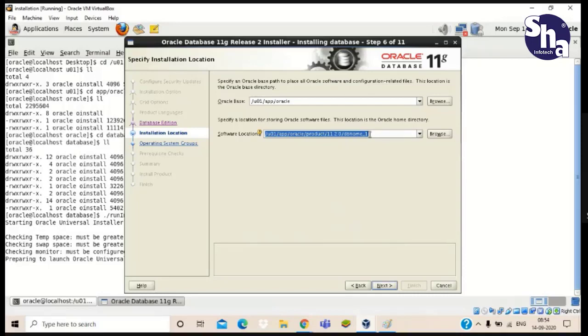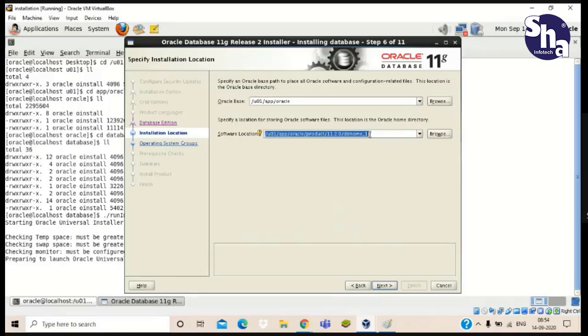Remember, we kept the Oracle software by copying from the shared folder Oracle 11g to u01 app oracle, and after that we unzipped it. So that is our original Oracle software in zip file. We just kept it in this u01 app oracle, and the file's version is also present there. We are using version 11.2, 11g.